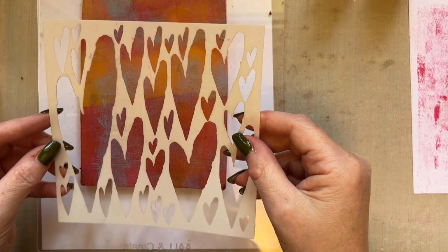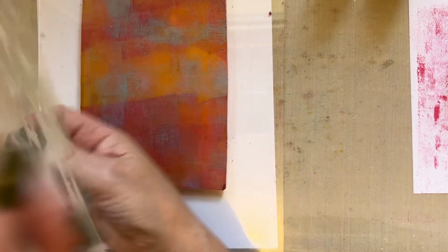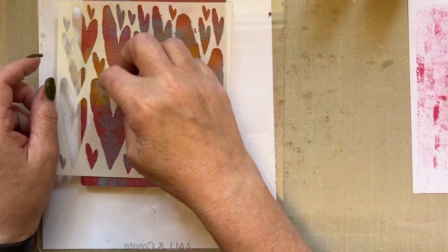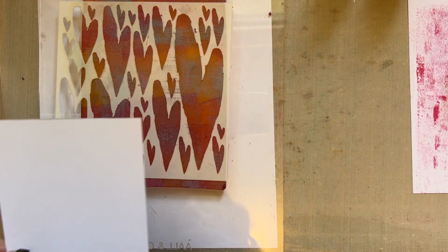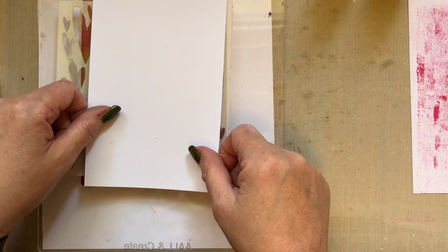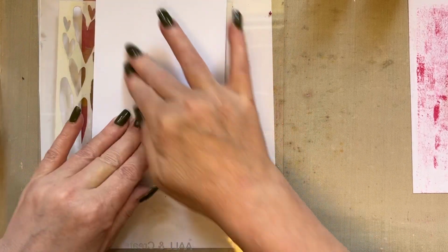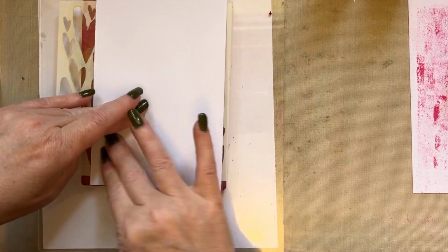So what I'm going to do then is place my stencil. Which way? If I do it that way, then when I turn it around, yeah. So I'm going to place it here, like so. Okay, so we'll just place that down, and then I'm going to grab another piece of the 4.5 by 6.5 inch card, and I'm just going to rub over and pick up some of that heart detail, just to remove some of the paint